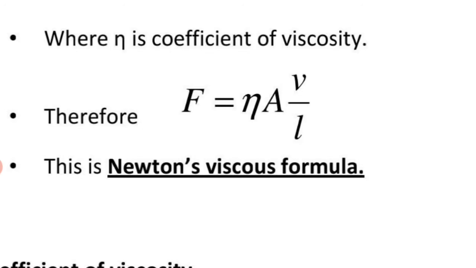So we can write the viscous force F is equal to eta A V by L. This formula is called Newton's viscous formula. In this equation, F gives the viscous force, eta is a constant for a particular liquid called the coefficient of